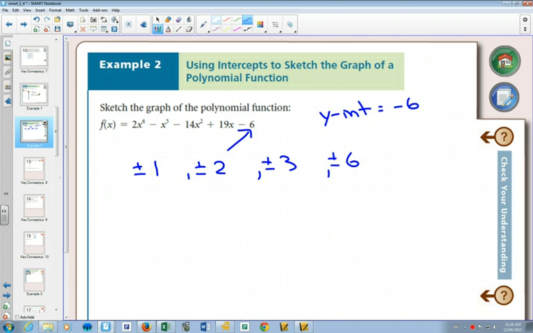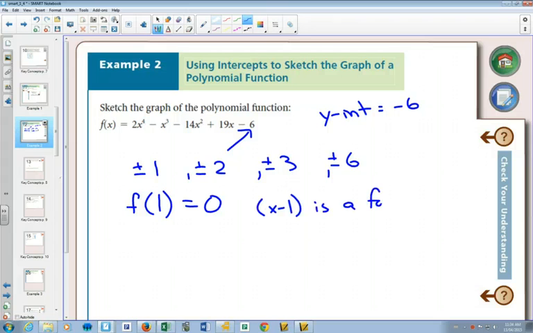Now, mental math-wise, start with the 1s, because that's going to be easier to figure out mental math-wise as opposed to the bigger numbers like 6. So if we plug in 1, we're going to get 2 minus 1 minus 14 gets us to -13. Plus 19 gets us to 6. Minus 6 gets us to 0. So when you plug in 1, you get 0. What does that mean for our factors? What is a factor? x minus 1